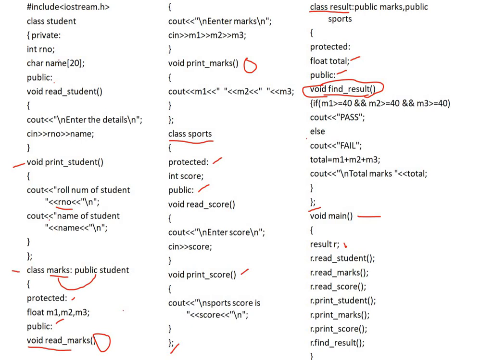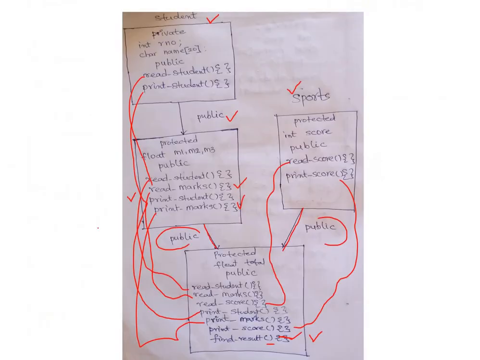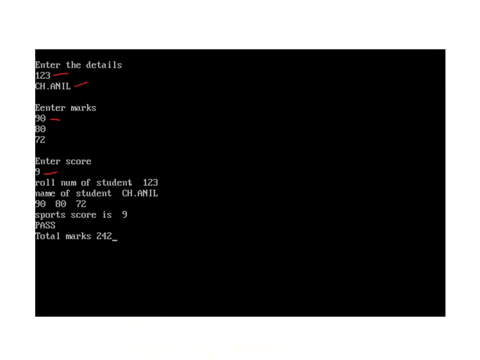To display the next statement, cout << "Name of the student" will be displayed as it is, because we have written it within the string. Then name displays the value of the name. Then after that the execution control goes to the next line. Now look at the output. Name of the student 1, 2, 3 and name of the student ch Anil.